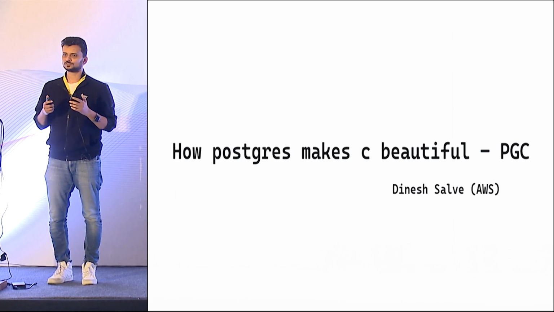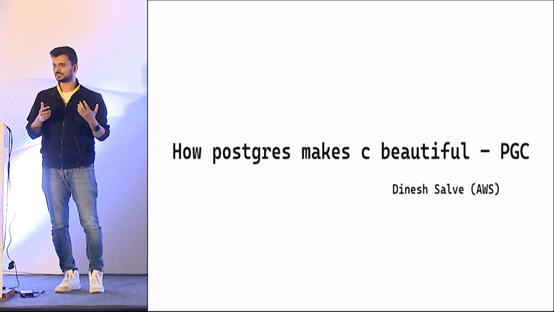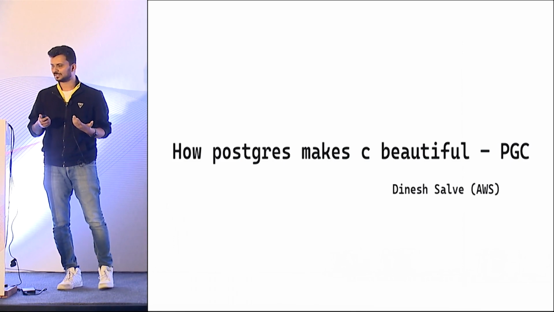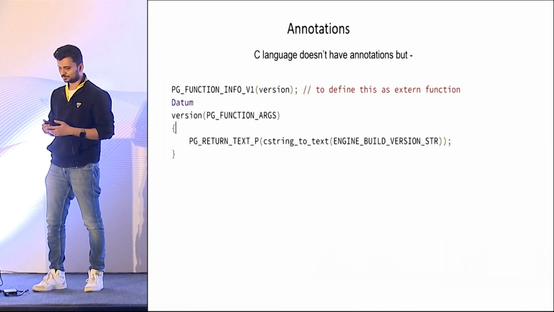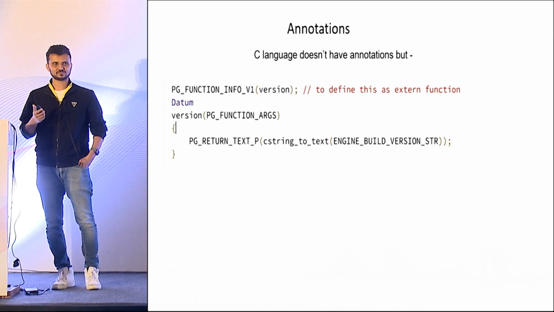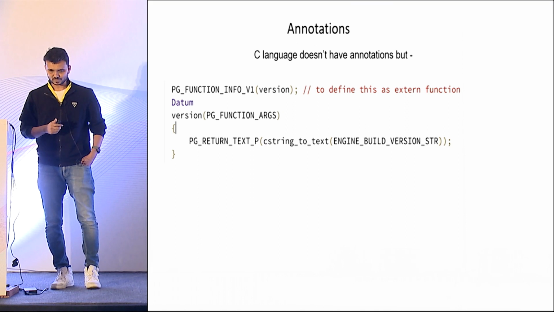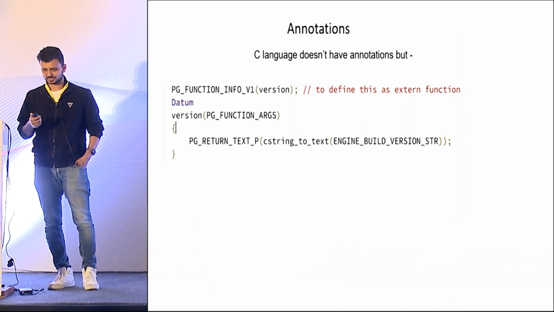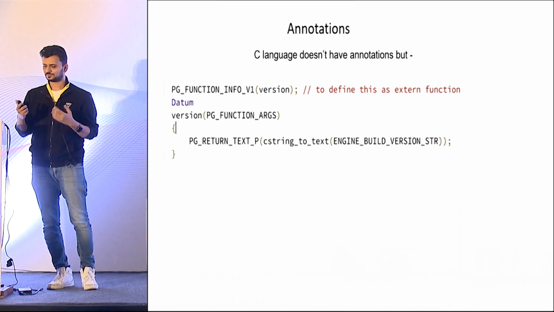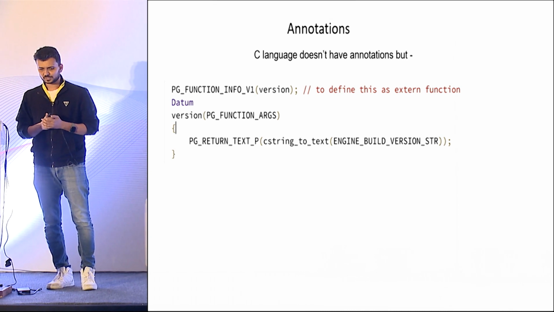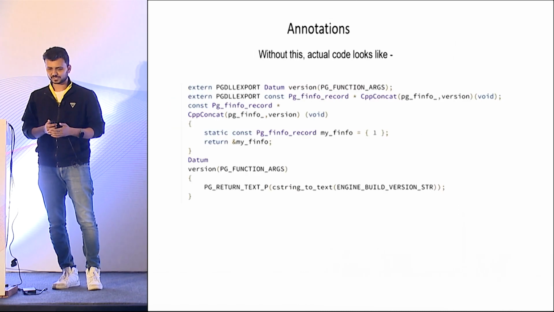For folks like me who worked on higher-level languages like Java and Kotlin, there are a lot of constructs which are really missing in C. So, for example, here the PG_FUNCTION_INFO_V1 looks like an annotation, the way annotations work in Java. But it's actually implemented using C macros, and it does the externalizing of the function for you. Without this, the actual code would have looked something like this,